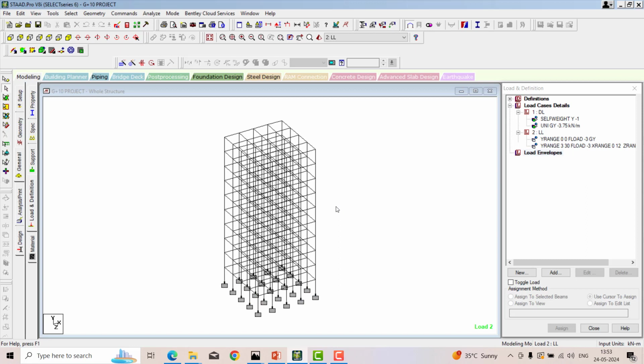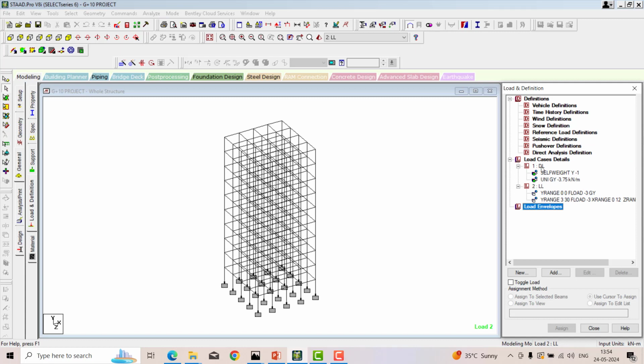Next, when the building is higher than 5 stories, normally we have to design that building against the wind pressure. By using all these IS code parameters and formulas, you can get to know how much intensity you have to apply over the building. Then in order to apply that wind pressure, we have to define the wind. Till now for the dead load and live load we did not use this definition. For the wind and then seismic, normally we have to define it first.